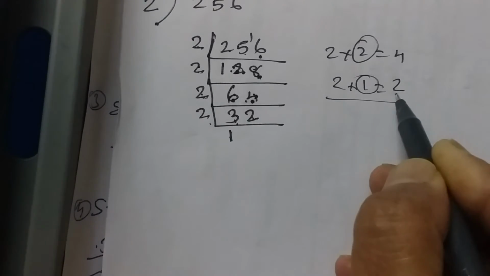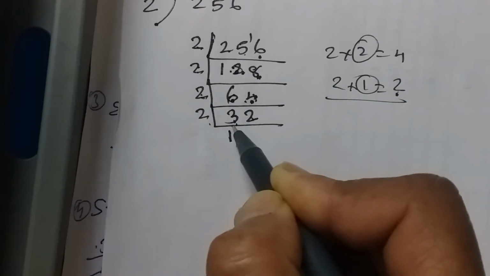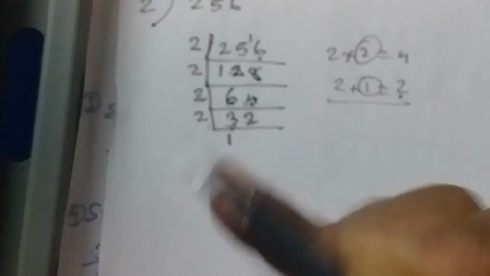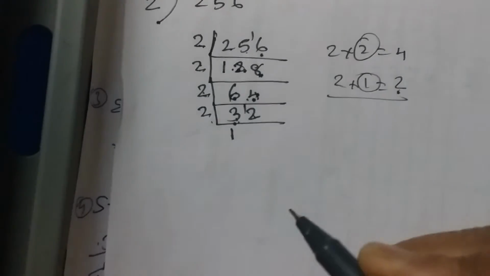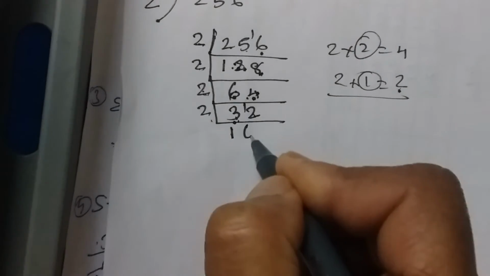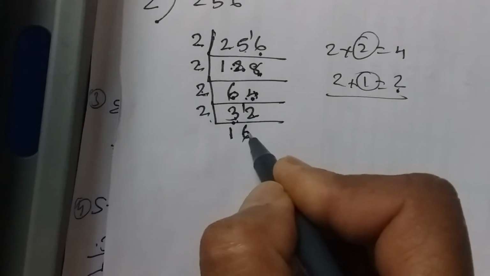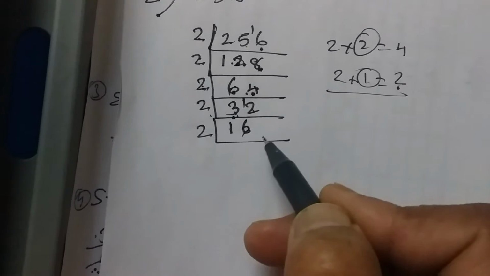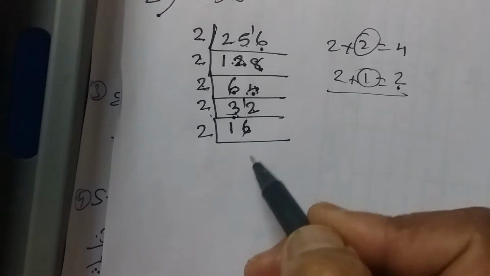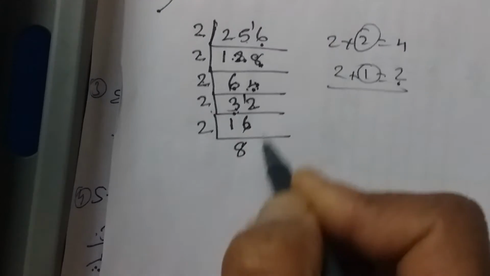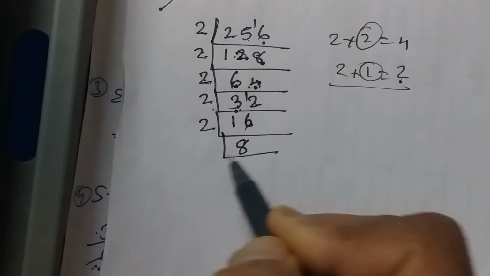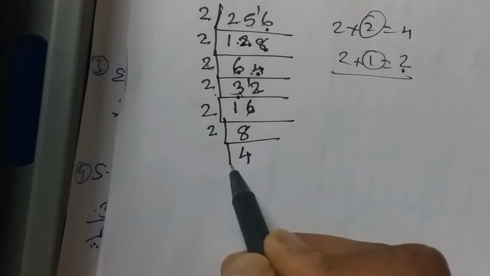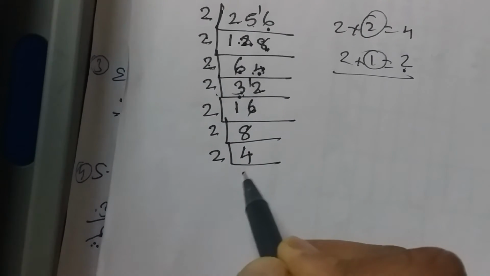2 1s are 2. After 2, we have 3 here. So after 2, count till 3. After 2, 3. Remainder is 1. Carry with the next number 2. It becomes 12. Now 2 6s are 12. 16 is again an even number. Divide by 2. This is because it's a small number, just by the tables we can find. It is 2 8s are 16. 8 is an even number. Divide by 2. 2 4s are 8. 4 is an even number. Divide by 2. 2 2s are 4.